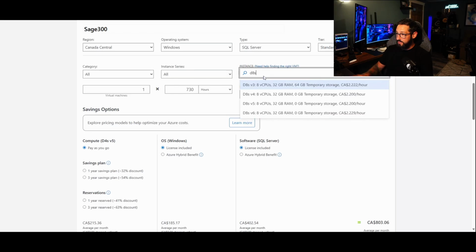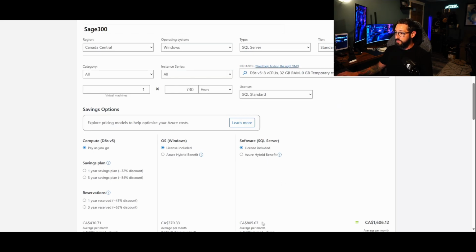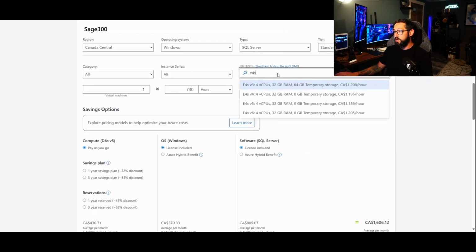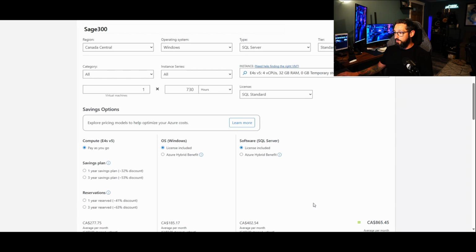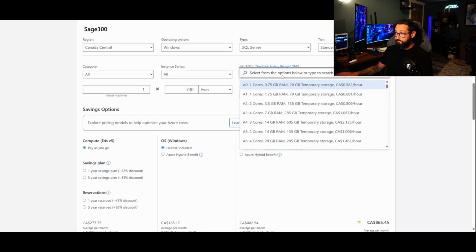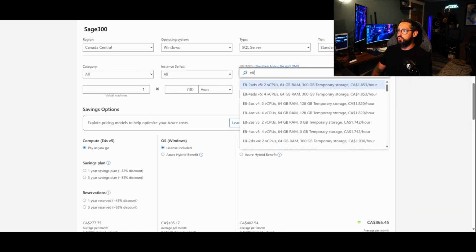And then a D8S is going to double my licensing costs, right? Core count is very important in Azure because everything is based on how many cores there are from a licensing standpoint. Even the operating system licensing went up. So then you would come to an E4S, right? That would allow us to maintain the 4 cores and get the memory that we would require. Now, let's say for sake of argument, we need more memory. There are these constrained